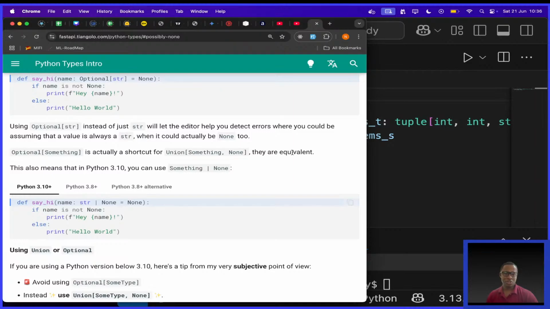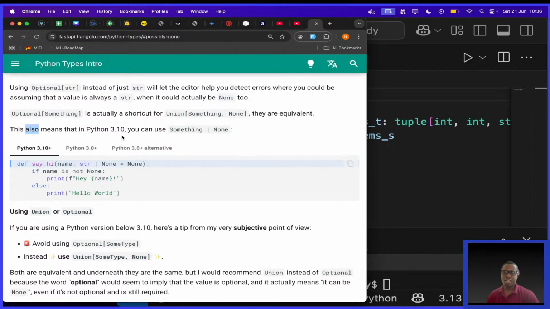This actually makes sense to me. I don't know if it makes sense to you, because Union is used to mention if something can be one of two types. So it can be that actual thing which is there, or when it's not there. And of course, Optional is what? A shorthand for that. Then they said this means that in Python 3.10, you can use Something | None.